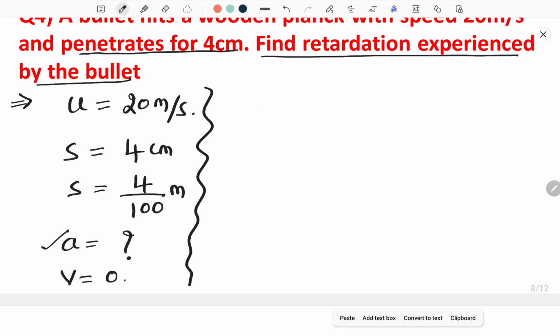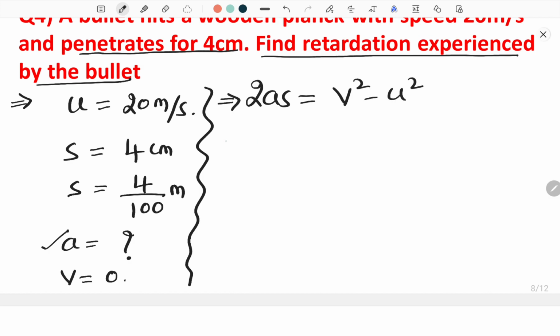Here there is no time, that's why we cannot use s = ut + ½at², no? And we cannot use v = u + at also. Wherever time is there, it cannot be used, because there is no element of time. That's why we'll use 2as = v² − u². This is the formula we are going to use, that is 2 into a into s,